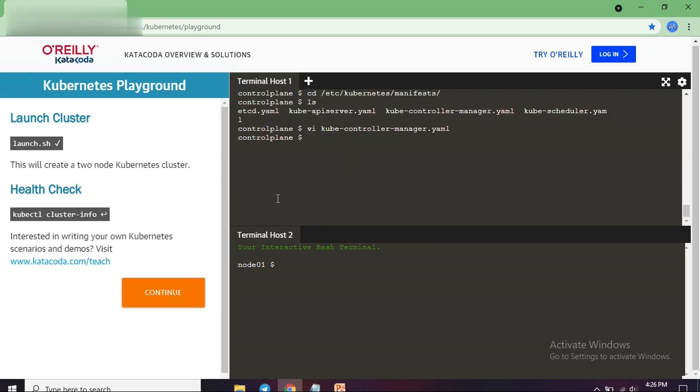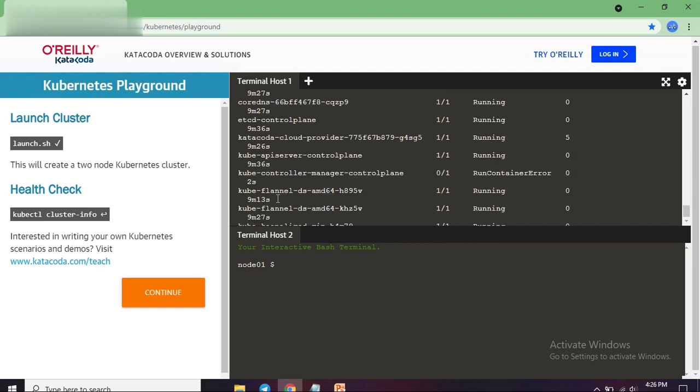Before we apply it, let me show you that our kube-controller-manager is not in a running state. Here you can see the kube-controller-manager control plane is in RunContainerError.